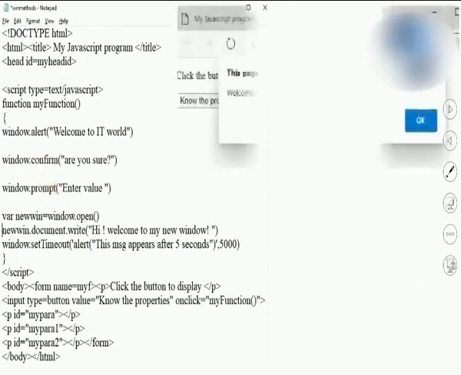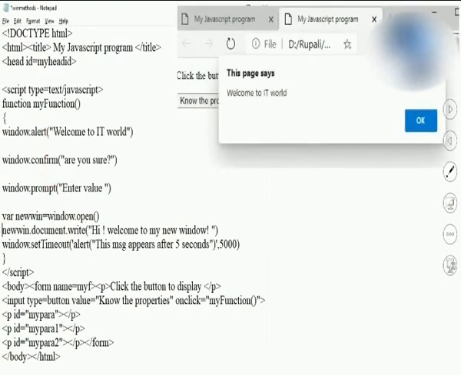So how it works, let us see the output. Once I click on the button, this is the know properties button I am getting on this screen. Once I click on that, it shows me the dialog box saying welcome IT world, which I have mentioned in this alert. Observe the syntax of the alert. It has to be given inside double quotes. Students, always remember that once it is a method or a function, you are supposed to make use of round brackets for the method or function. If it is a property, you are supposed to write an equal to symbol.